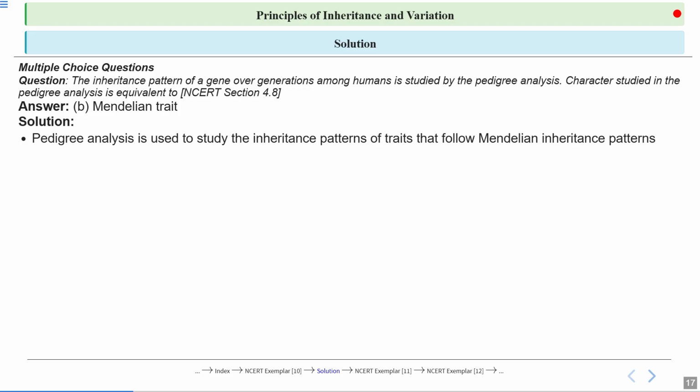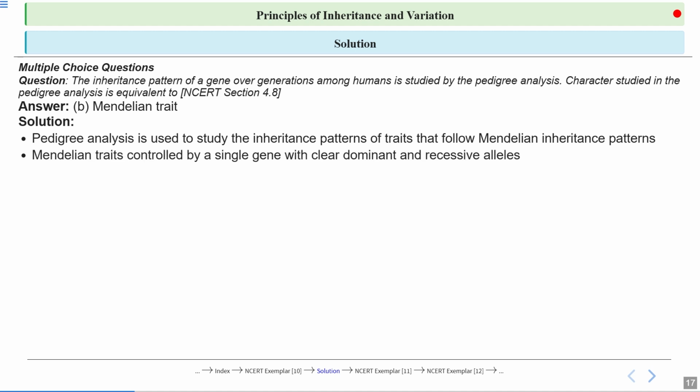The correct answer is option B, Mendelian trait. So pedigree analysis is used to study the inheritance pattern of traits that follow the Mendelian inheritance pattern. The genes are inherited according to Mendel's law of inheritance. Clear? Mendelian traits are controlled by a single gene, with clear dominant and recessive alleles. So the characters that you study in pedigree analysis are equivalent to Mendelian traits, which are controlled